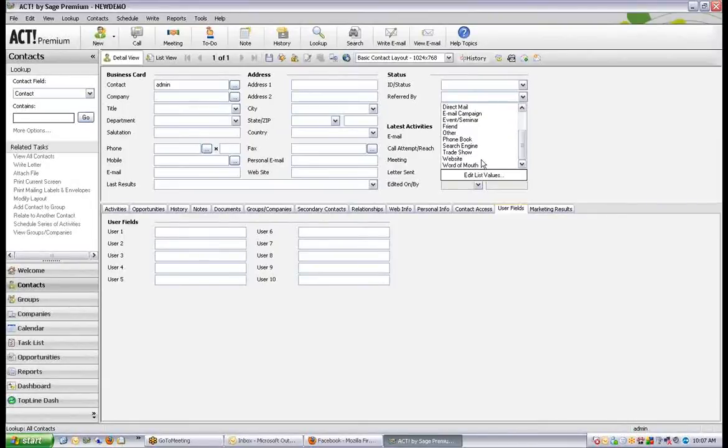So to be able to account for the big overall picture for the referred by and more detail, I always try to create a referred by details field, and I can fit it right underneath here. And that would have its own drop-down list. And that way I can have referred by could be word of mouth or referral or whatever I'm going to call that. And then referred by details could be Joe Smith, because that's the particular person that sent the contact